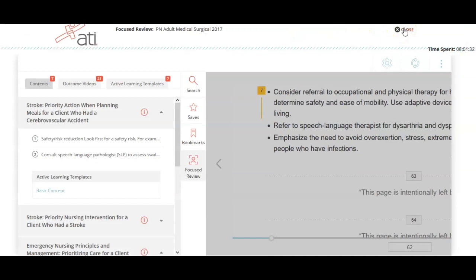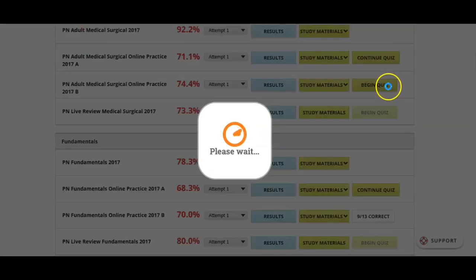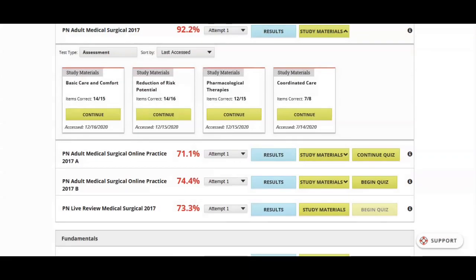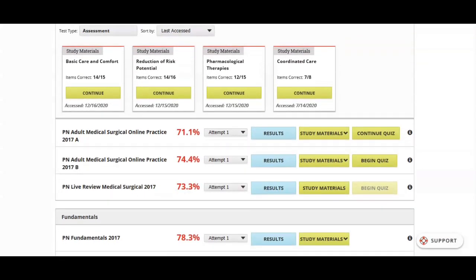Okay, so that's the focused review. That's pretty much it on the focused review part. You can spend a lot of time in there, watch those videos. So you're trying to just stuff as much information in your head as you can through the nursing program to get ready for NCLEX. Any one of the instructors will tell you that when they were in the nursing program, that's what they did. They spent their entire life, by the time they were in the nursing program, just studying and putting as much knowledge into their head as they could on different diagnoses, different nursing care for those,